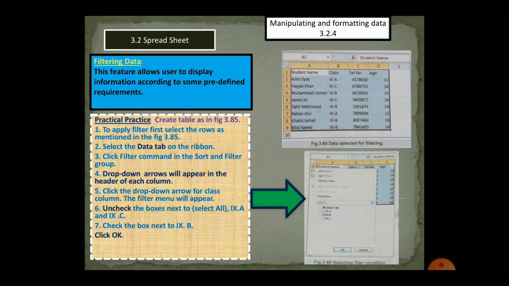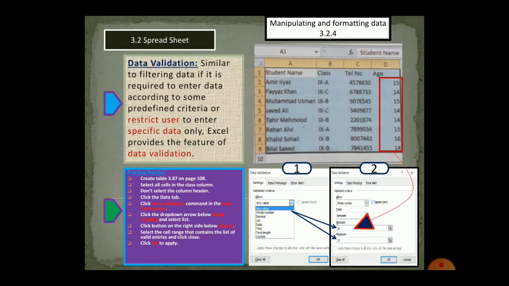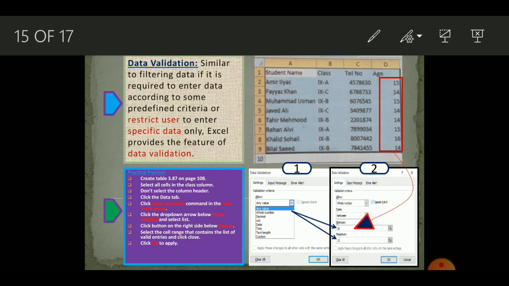Once you have created this table, select the cells under the age heading and do not enter these values yet, before applying the function. Keep these cells empty, just select them. After you have selected, go through the steps to apply the function. Here we are interested in the ages of the students, so we will enter ages within a limit, between 12 and 16.